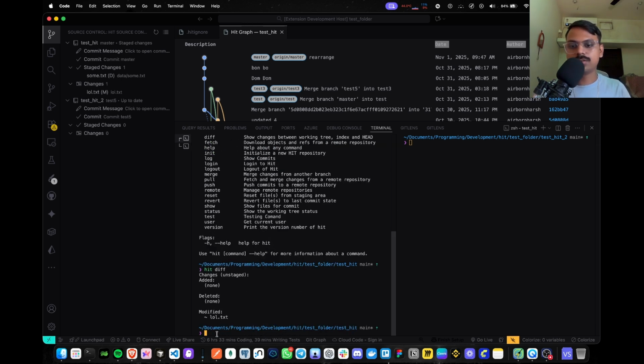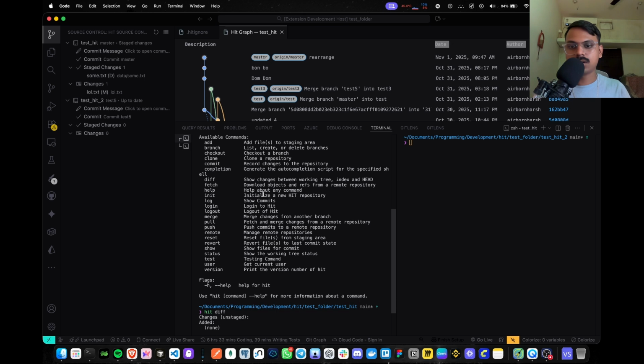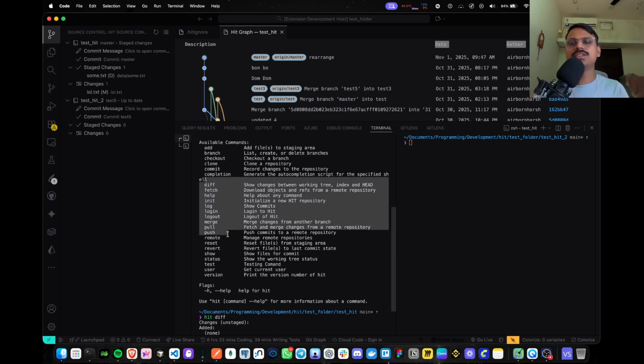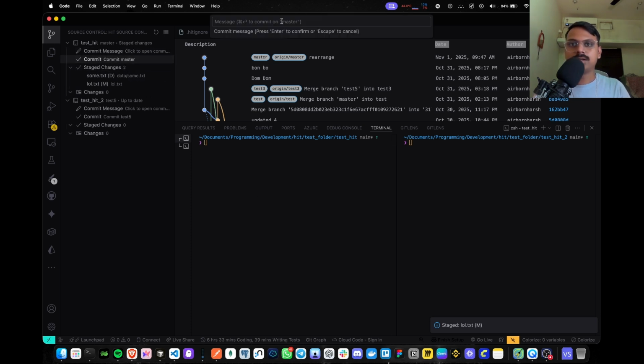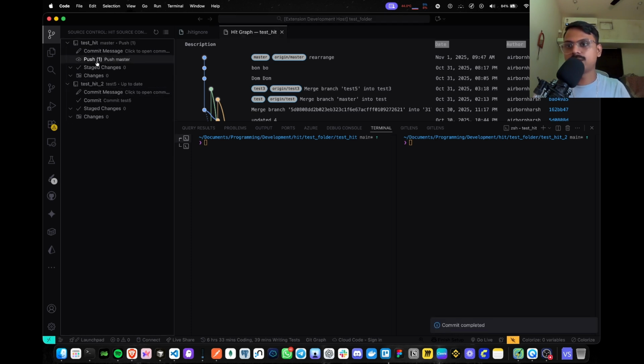You can check all of the differences using this. And yeah, the features are similar to Git, it is not different from Git. So let me add it here as well. So okay, it is state changes. Okay, it is staged, and if I commit test, enter, so yeah, there is a push. So if we click on the pushing master,